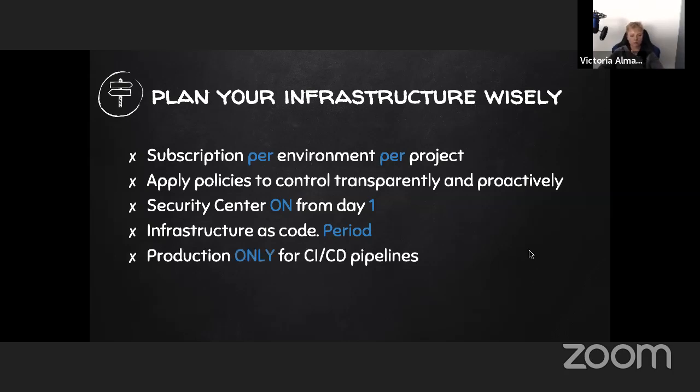Yes, so the next thing I usually advise is that production is only for the CI/CD pipelines. There is no strong reason why we should have the right to access the production environment, like the production subscription, manually through the portal. All the things should be deployed by the CI/CD pipelines. So you are delivering the code, you are delivering the infrastructure in a controlled way, and you always know that this is consistent, and all the security things are controlled and checked during the CI/CD pipeline,